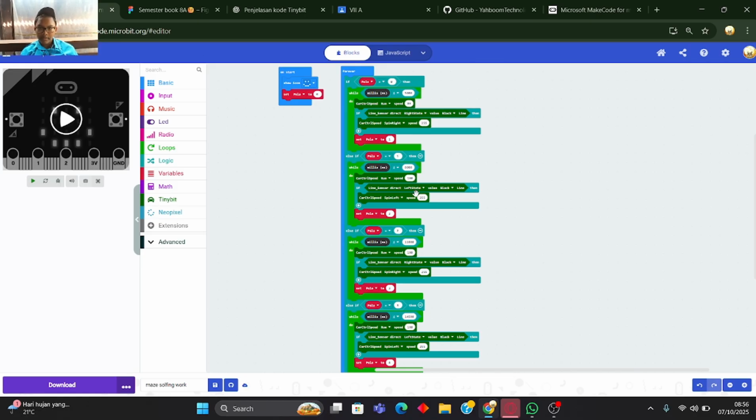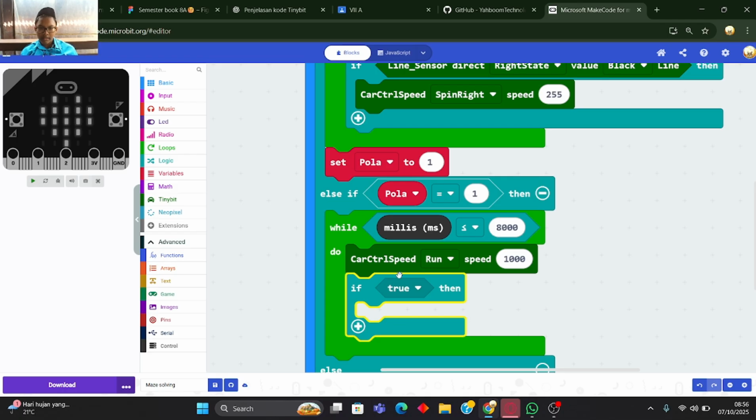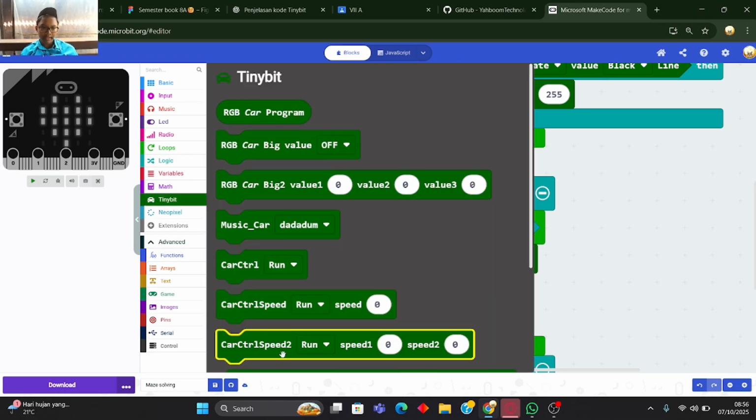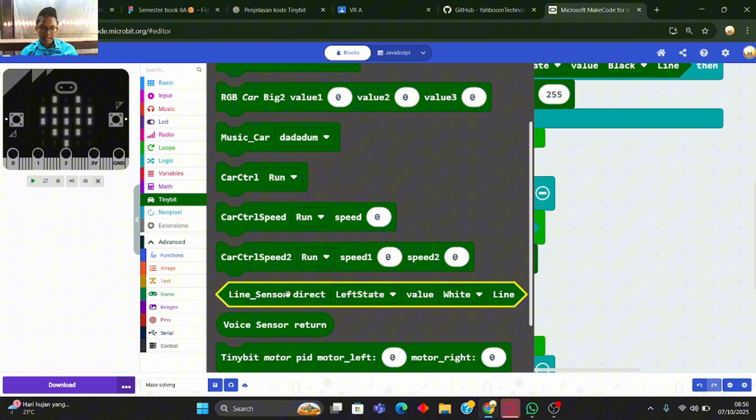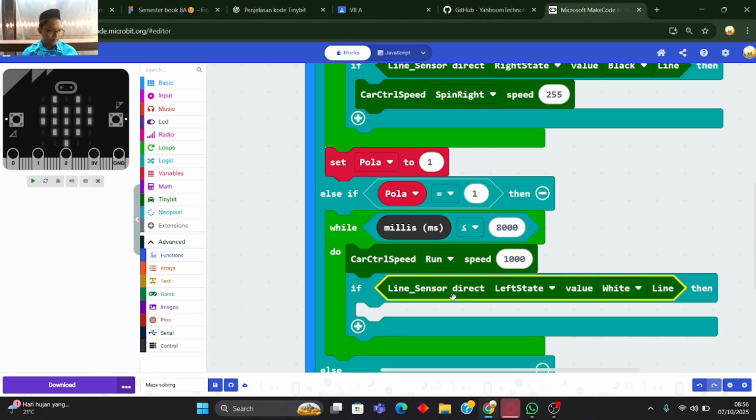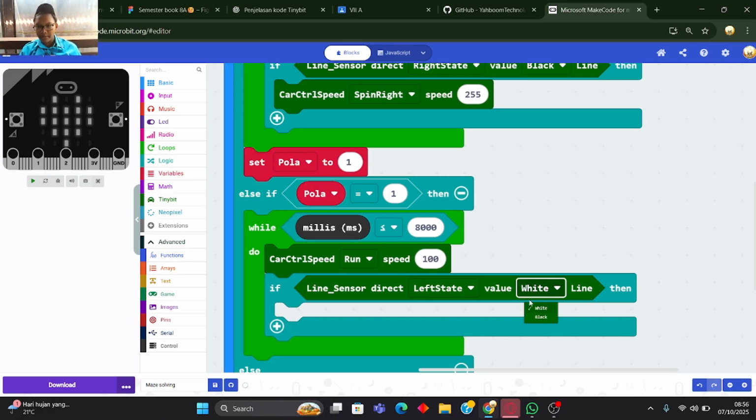And we can go to Tiny:bit again. There is a line sensor direct, we can take it and put it in true, left state. Speed 100 in this left state, and for the value black.